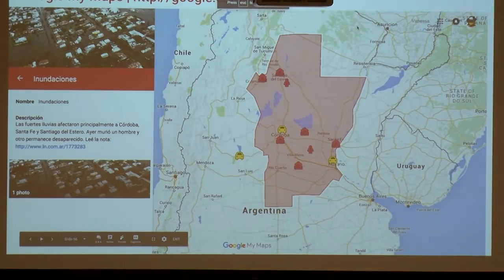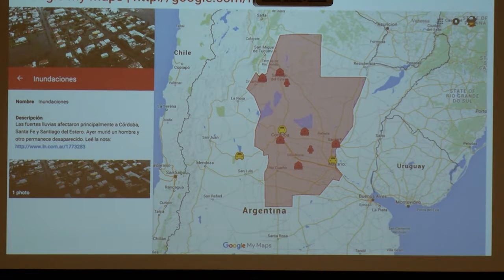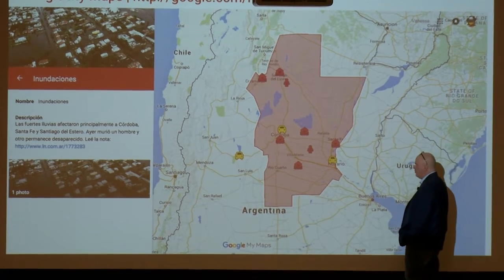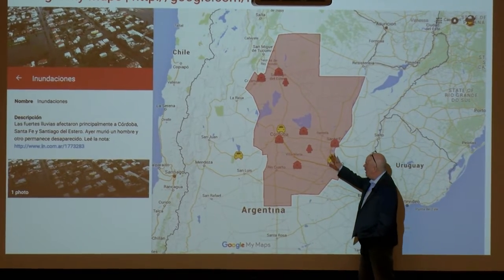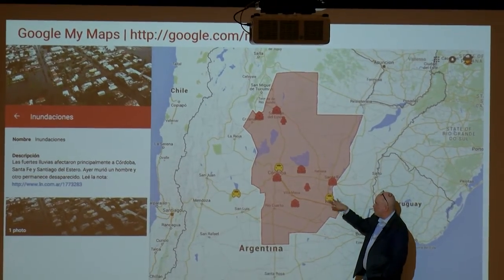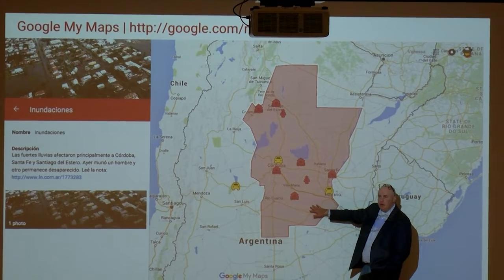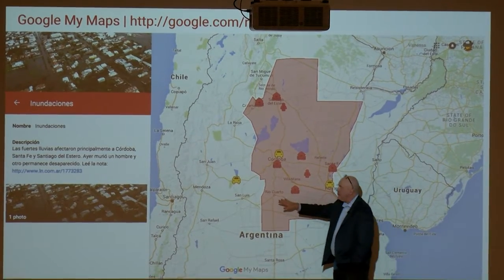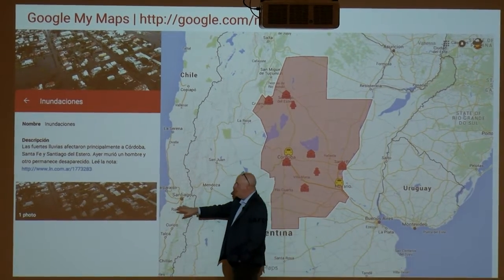When you create an interactive map, you've got to do something a little different than what you do if you're creating a map for a magazine or a newspaper, okay? You've got to reward the reader for clicking on part of the map, okay? So this shows an area of flooding and some fires in Argentina. It also shows some areas that you can go to that are safe zones, areas where you can and cannot drive. So anytime you click on one of these areas, the data that pops up over here needs to be